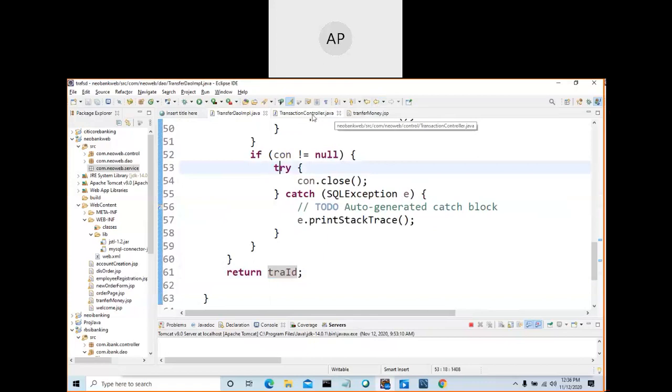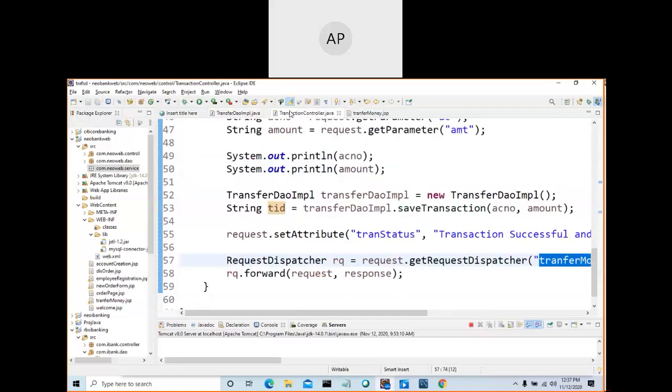Only three: JSP page, servlet, and a DAO class. You can write all the logic in the servlet itself rather than in the DAO class, but make sure that in industry standard all the database related logic is written in a separate class called the DAO. This class name is TransferDAO.